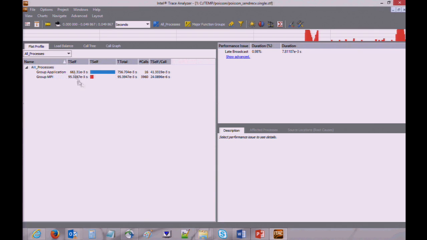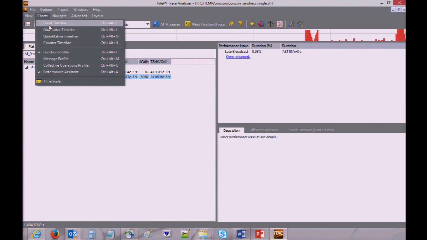Now, the first thing you're going to see is you have a bunch of blue, right? That's my computational time, and then I have a bunch of red, so that's my MPI communication time. So MPI is not so bad, right? At first glance, it actually doesn't look horrible, so this might be okay. But now what we're going to do is take a look at